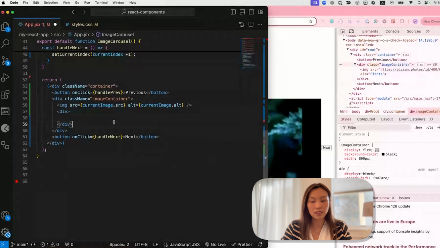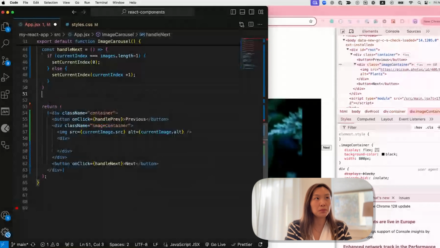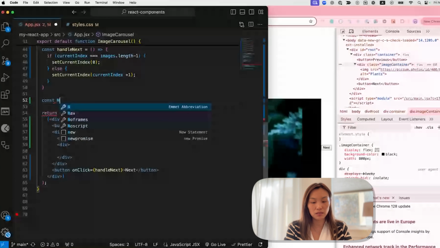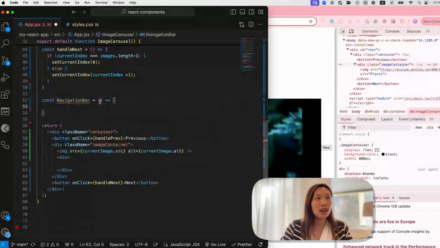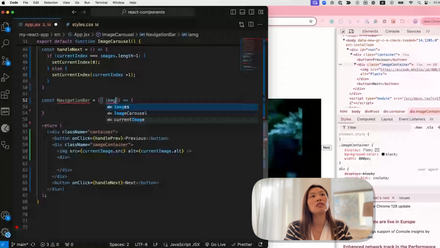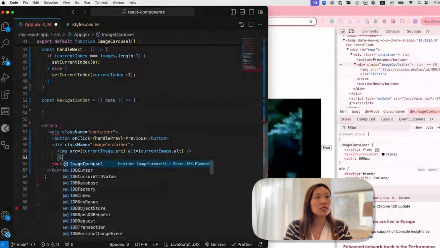So yeah, probably you need to loop through all the images at the current index. I will probably make a new component called navigation bar, just to keep it running. You can reuse it, and then you should pass in the images as a prop, or maybe the data as a prop. Yeah, so that way in here you can go image navigation bar